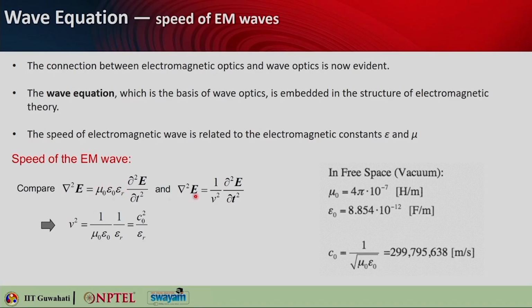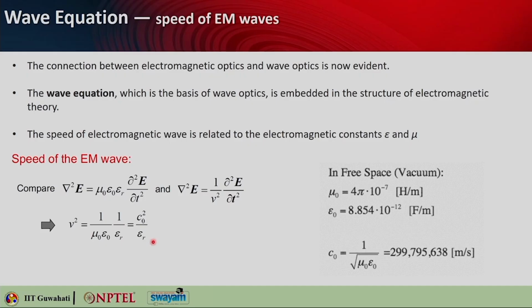So this term is equivalent to 1 over v square. If you equate these two things, you can simply write v square equals 1 over mu naught epsilon naught times 1 over epsilon r, and this 1 over mu naught epsilon naught is basically c naught square. c naught is the speed of light in vacuum, and the final relationship becomes v square equals c naught square